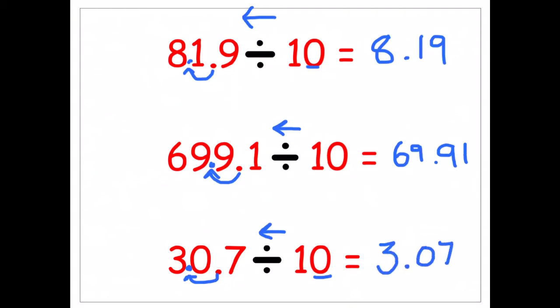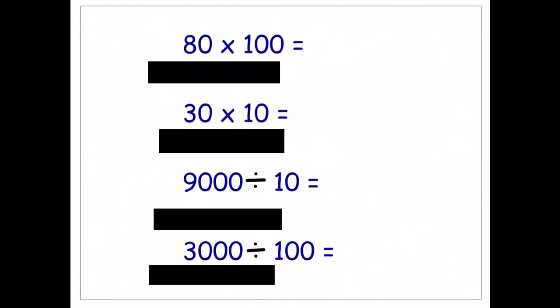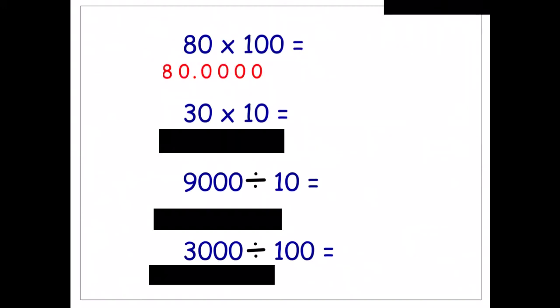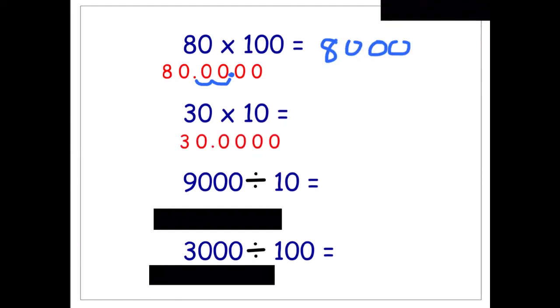3.07. On this slide we have a mixture of multiplying by 10 and 100 and dividing by 10 and 100. So our first question, 80 times 100. 80 is just 80.0000, and all we've got to do is move our decimal point 2 places to the right for multiplying. So we finish it with the decimal point between the two zeros down there, giving me an answer of 8,000. Second one, 30 times 10. 30 is just 30.000. Decimal point will go one place to the right with multiplying, giving me a new answer